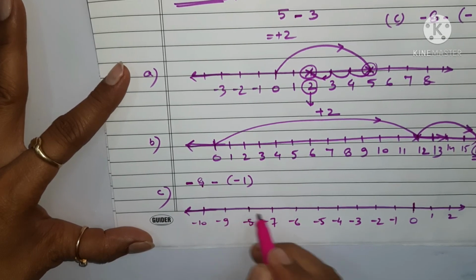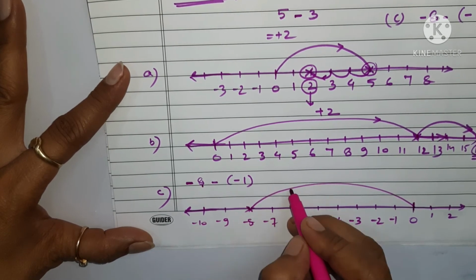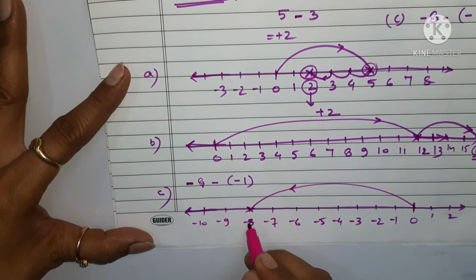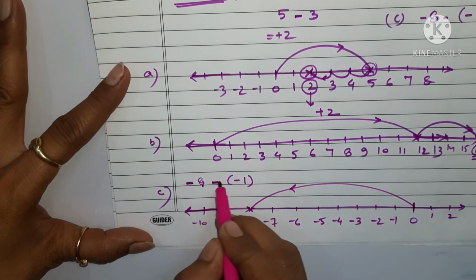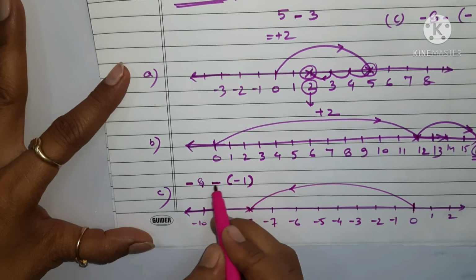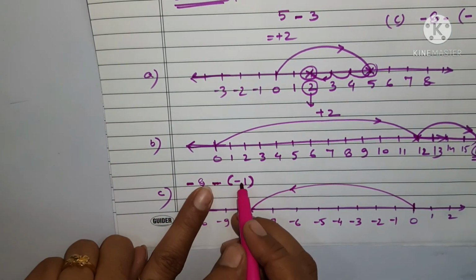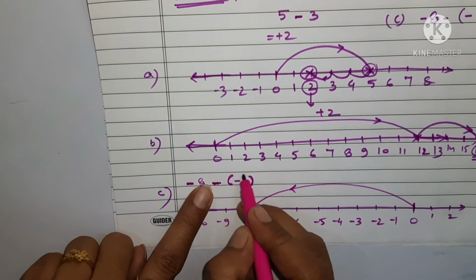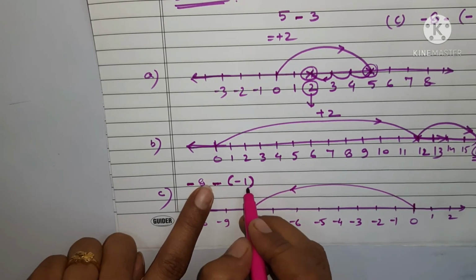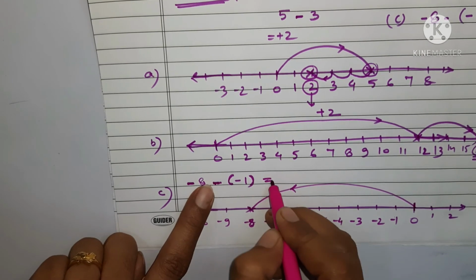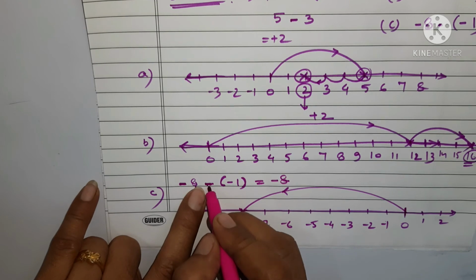So we'll move up to here. That means you are coming up to here and you are going to get -8 here. Now you have moved -8. What else is there? Again, as I told you, if a minus sign is outside the bracket, you will break the bracket and write the additive inverse of whatever is inside the bracket. Now what is there inside the bracket? -1.